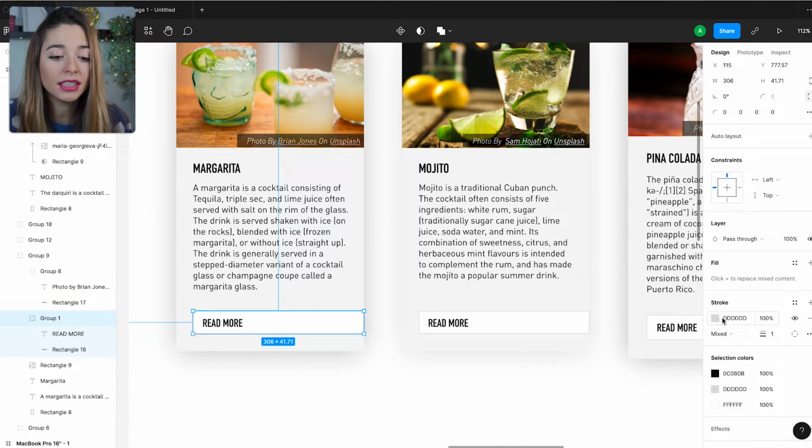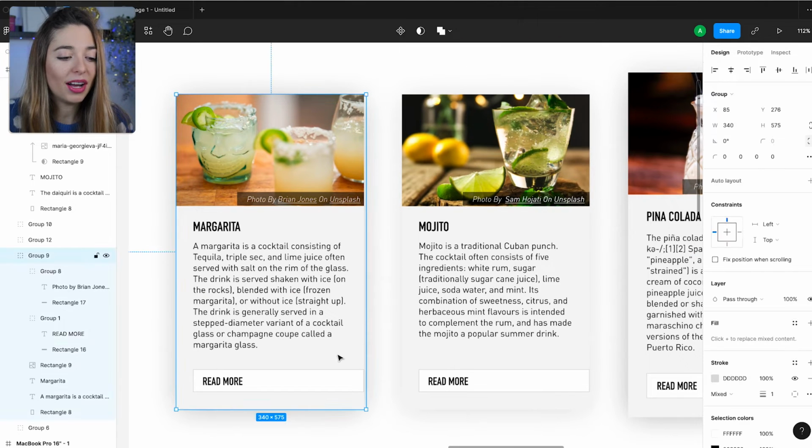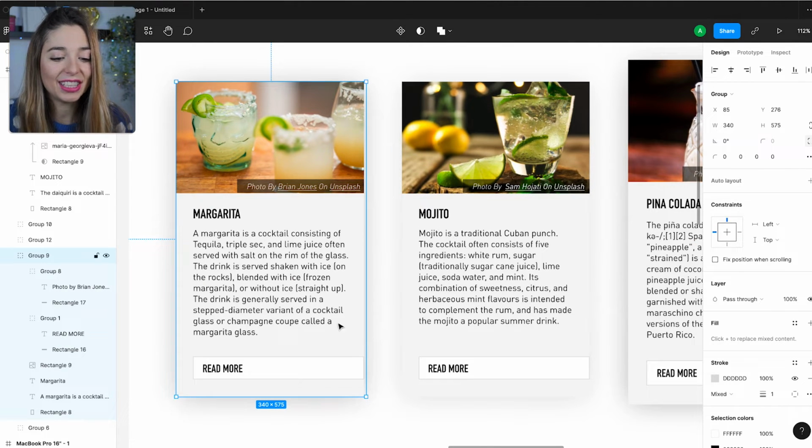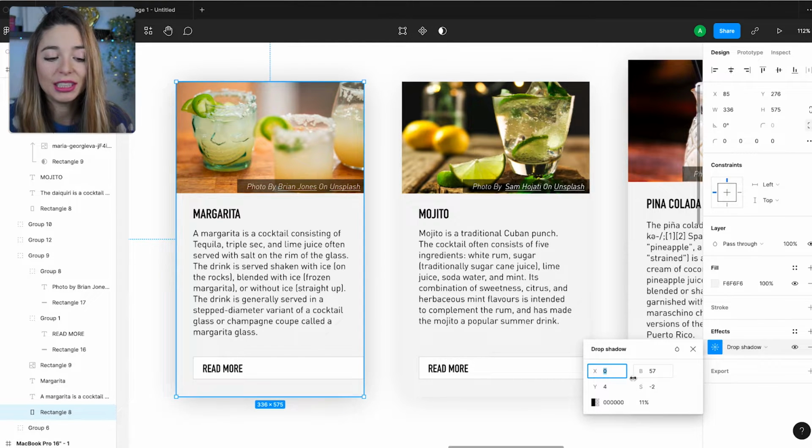This is the borderline. So we have here the color, and something quite nice as well is that you see here how we have a box shadow. If we click here and we go to the layer where we are applying this box shadow, and you click on this kind of sun icon, you can see the specification exactly. So it's telling us that it's 0 in the X, 4 in the Y, 57 blur, and I guess this is spread,